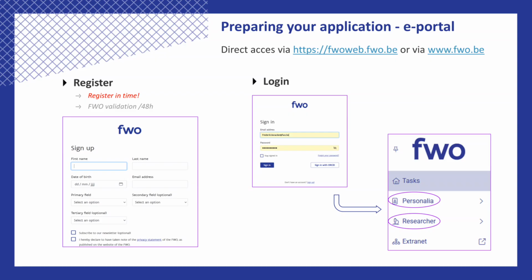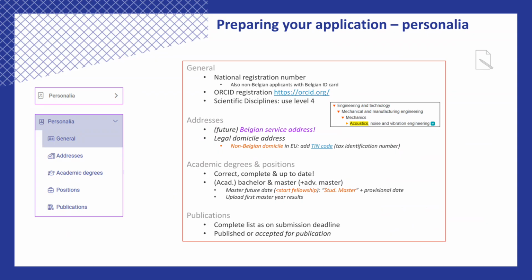From there you can access all sections, including personalia and researcher, which are essential for completing your fellowship application. Within the personalia section, it is essential to provide specific personal information. You need to enter your national registration number, as well as both your Belgian service address and your legal domicile address. In addition, details regarding your academic degrees and your current position must be included to ensure your profile is